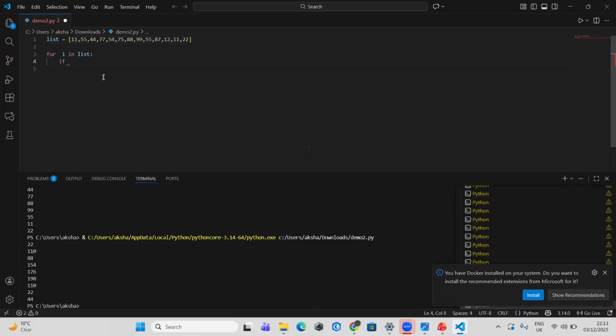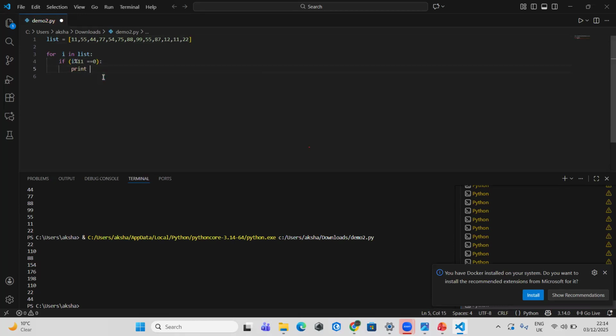If i is divisible by 11 and it leaves a modulo value of 0, that means it is divisible by 11, right? So if i is divisible by 11,